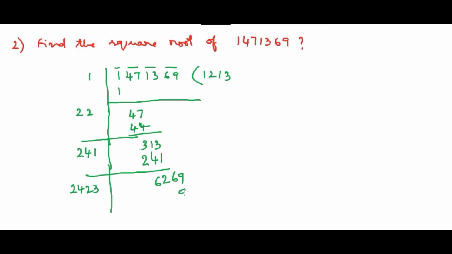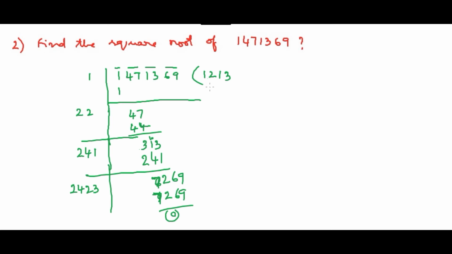3 3s are 9, 3 2s are 6, 3 4s are 12, and 3 2s are 6. 6 and 1, it is 7. So it will be 7 only. Maybe by mistake I have done it. Let me see once again. This is 3 2, and if it is 10, yeah, 6 and 1 is 7. Okay, 7 2 6 0. Again this one is 7 2 6 0.